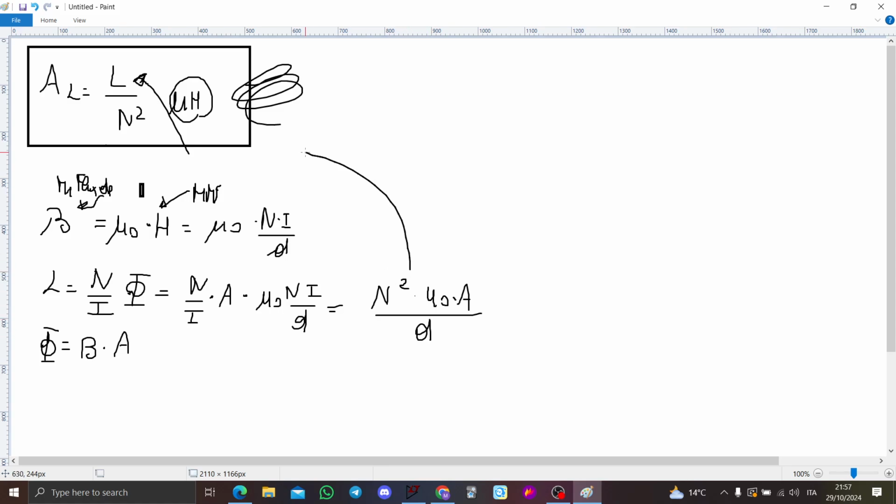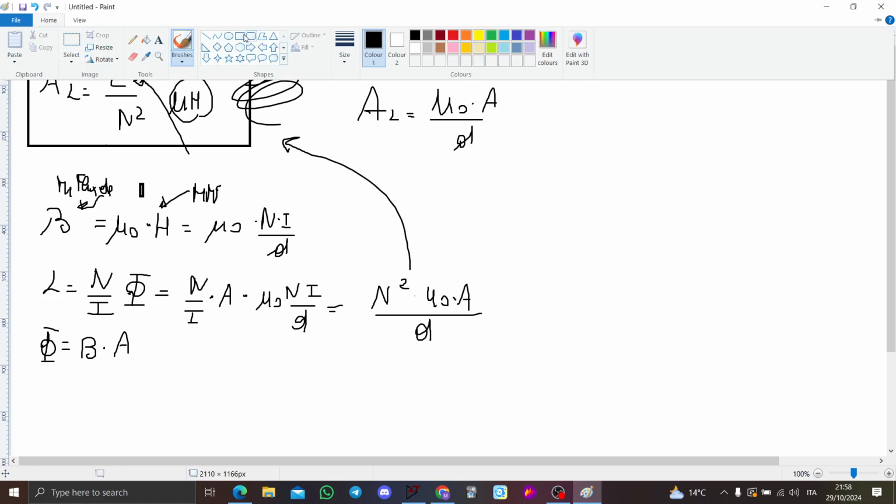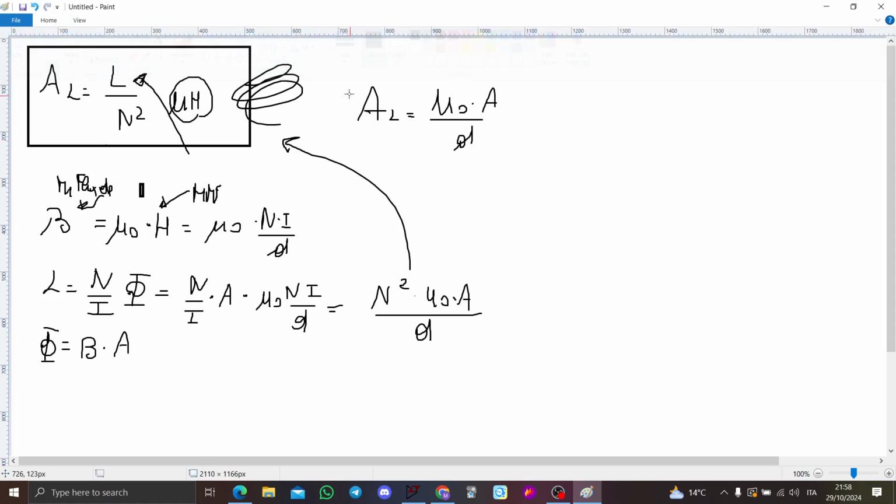Now, coming back to this definition here, you substitute L into the equation there, and H of L will be equal to mu0 times A over D. Of course, N squared does not appear in the equation because naturally it is given in the unit of measure: microhenry over turns squared. Okay. Then